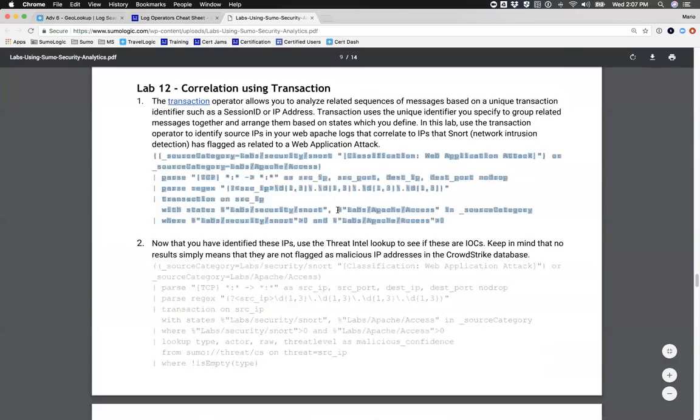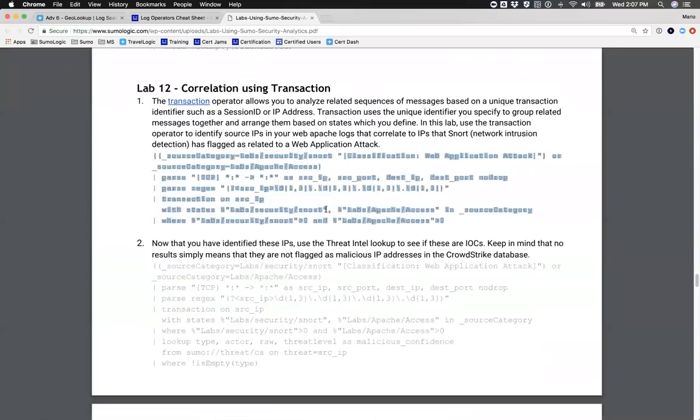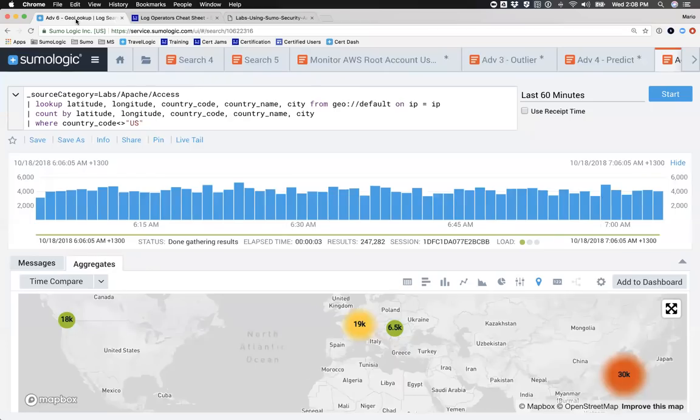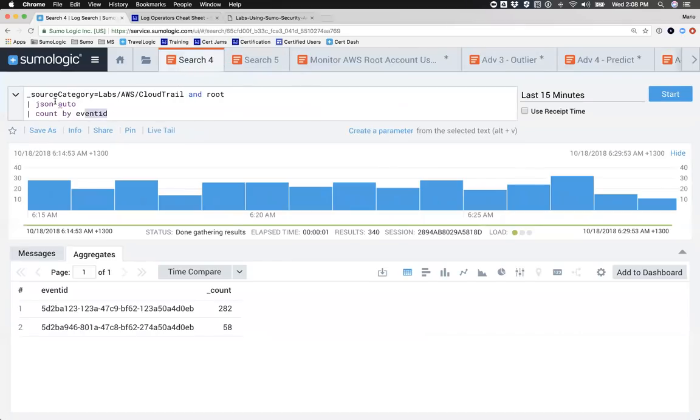In this one in particular, what it's doing is it's using the transaction operator to help identify the source IPs in my Apache logs that correlate to IPs that my network intrusion detection and that Snort has flagged as related to a web app attack. So let's go take a peek. I'm going to go here, just open a new query, or I'm just going to go and replace this one here